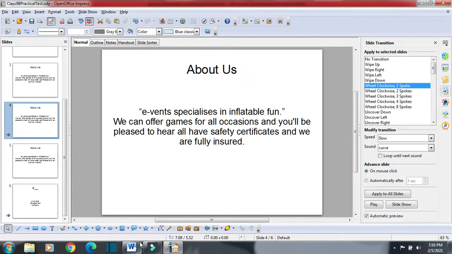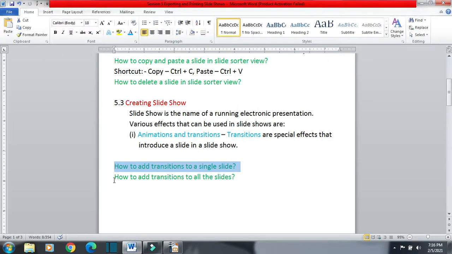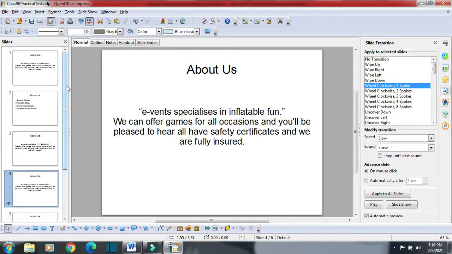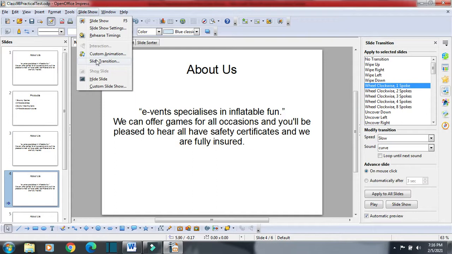Okay, now the next question comes: how to add transitions to all the slides. This way I have inserted a transition for a single slide, but if I want to go for multiple slides, all the slides, what I will do is click here on slide show and then slide transition.